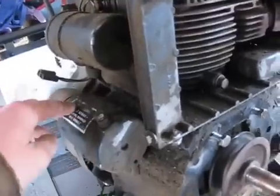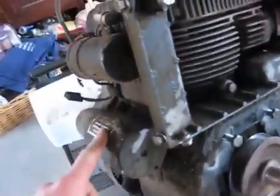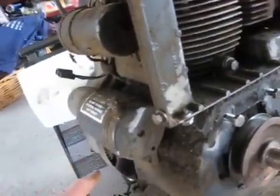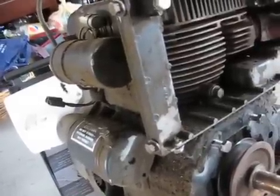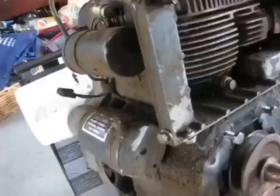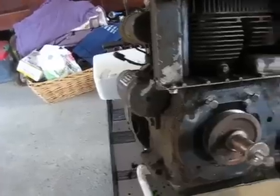This right here would normally be hidden underneath the battery tray, so the starter's kind of hard to get to on these. This has got a different starter and different ring gear than my other 10 horse Kohler. I think it's got more teeth on the ring gear and on the starter. They sound different, and I know the starter part number's different. The motor's probably the same, but